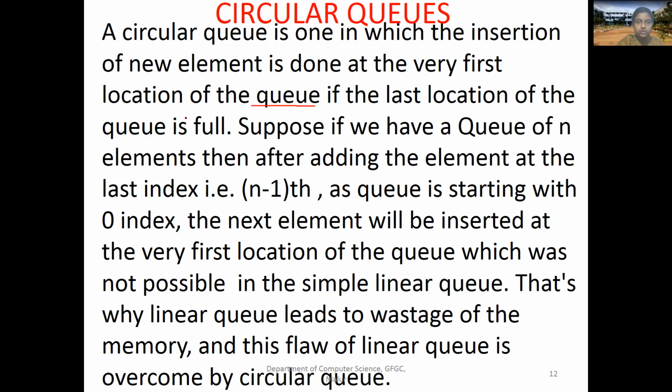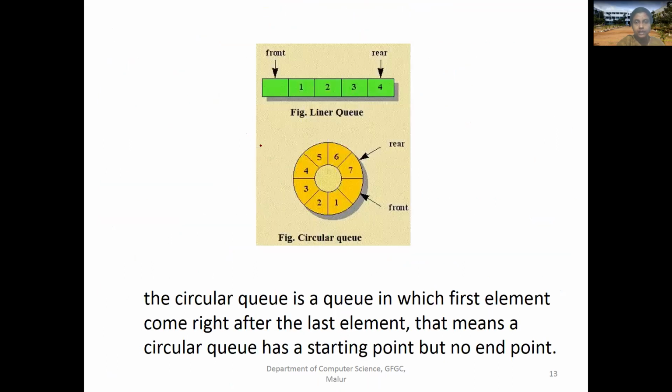Okay. If the last location of the queue is full, usually what will happen is you will get a message that the queue is full. But here, let me explain with the diagram. See, this is our linear queue. I'm having the values 14, 1, 2, 3, 4. When I delete, this 14 will be removed from the queue, correct? Because whatever came first will be removed first. 14 will be removed and the front will become